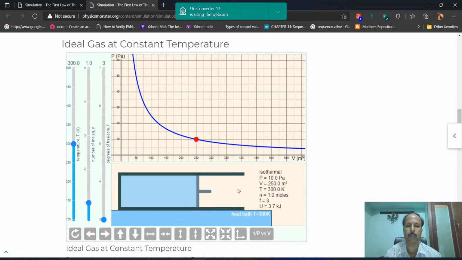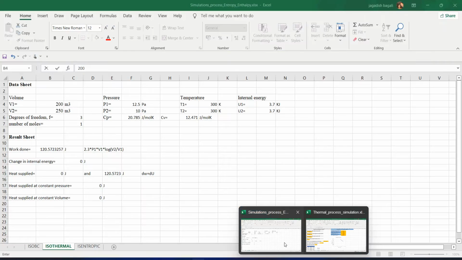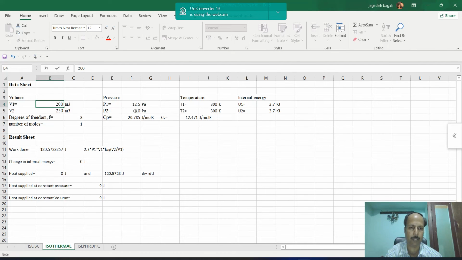Okay, so now I increased the volume of this substance to 250 meter cube. Note down these readings once again. So now the pressure is 10 Pascal, the final volume is 250 meter cube, temperature is 300 Kelvin itself because it is an isothermal process, and internal energy is once again 3.7 kilojoules.